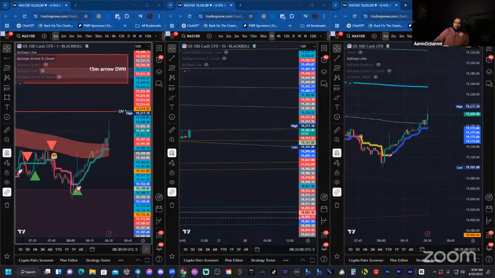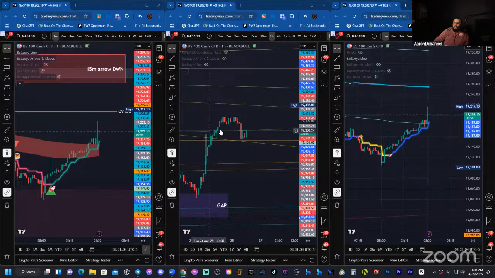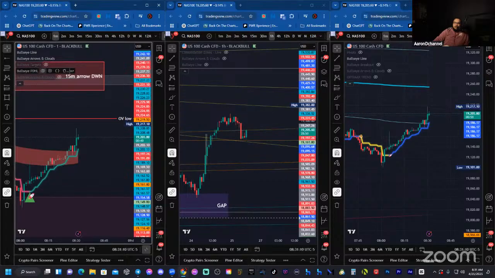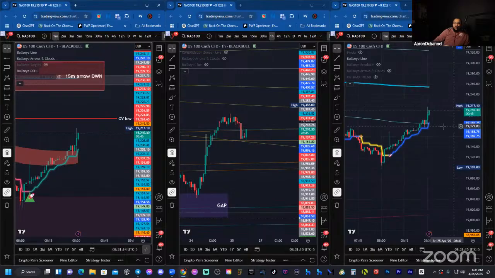Be sure you're on the right lot size. 3, 2, 1. Here's the first candle range. Look to see if we can break out of this arc here. Take out overnight high, potentially test the 15-minute arrow down or the 12-hour range. We don't know. Do they want to rally today?